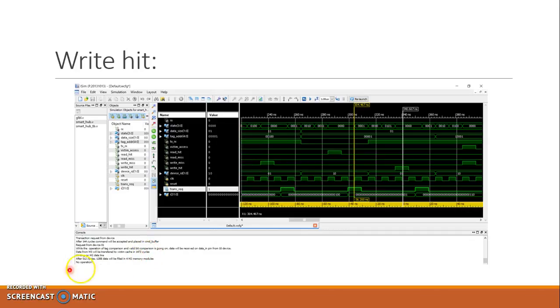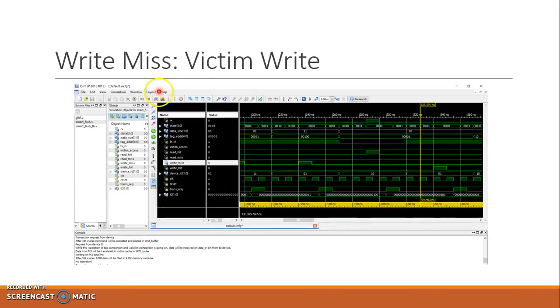So we will see the delay calculation in the further slides. So now let's consider a case of write miss. For 128 bytes of data, we have a victim memory also. Now let's have a condition when there is a write miss for 128 bytes, but there is a write